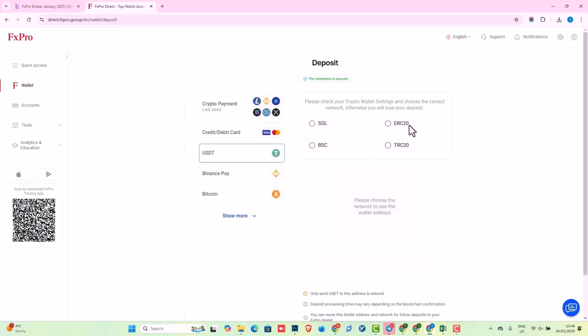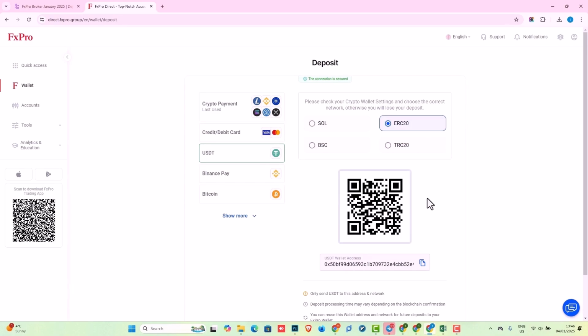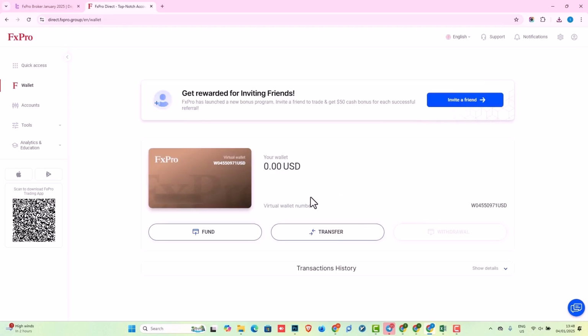In this section, a QR code will be displayed for you, which you need to scan using your electronic wallet's camera. Keep in mind that this QR code is a one-time use code and you cannot reuse it for subsequent deposits. After successfully completing the payment process, through the use of an electronic wallet, we return to the trading cabin